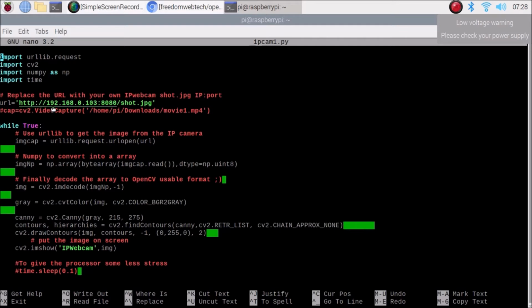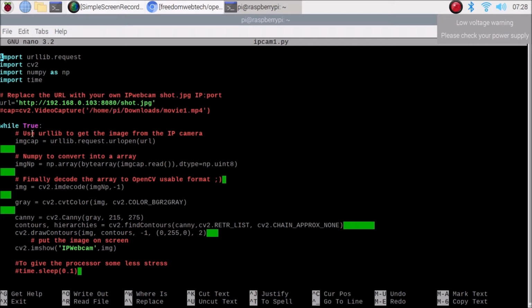Then this is the URL of our IP webcam software. Mine is 192.168.1.103, followed by the port number of our IP webcam software. Simply replace it with your IP address. The port number is always the same, because the IP webcam port is 8080.